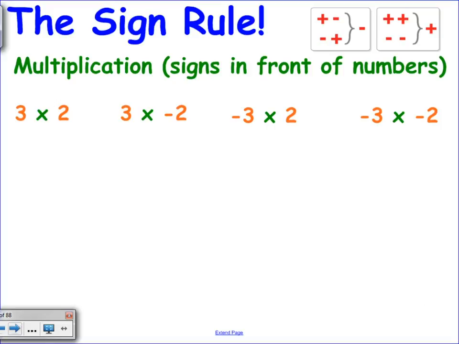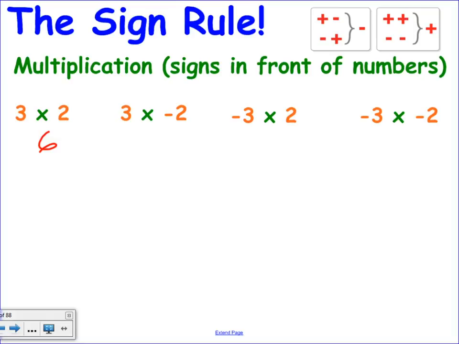Right. So now, we've done addition, we've done subtraction. Our rule changes slightly with multiplication. Because when we look at multiplication, the conflict here can't be resolved using the sign rule, because I've got multiplies and minuses. So the rule for multiplication and division applies to the signs in front of the numbers. So if I said to you 3 times 2, you all know what that is. You've been doing it for years. Thank goodness. If I say to you 3 times -2,